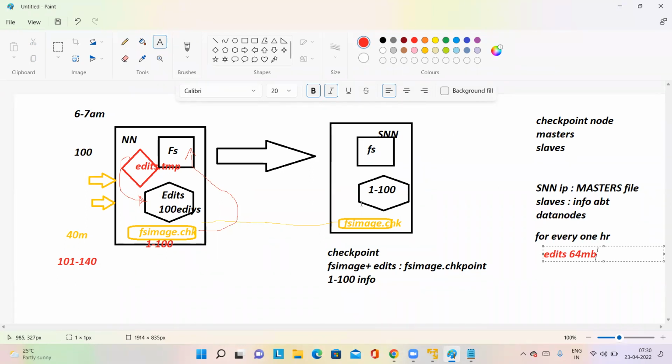Again the same process. What is there in this fsimage and how much information is there in this edits? It will merge and then it will send a new copy. During the intermediate transactions, what happens? It will again rename that file. All of you following me? So this is how the name node maintains the metadata information, and